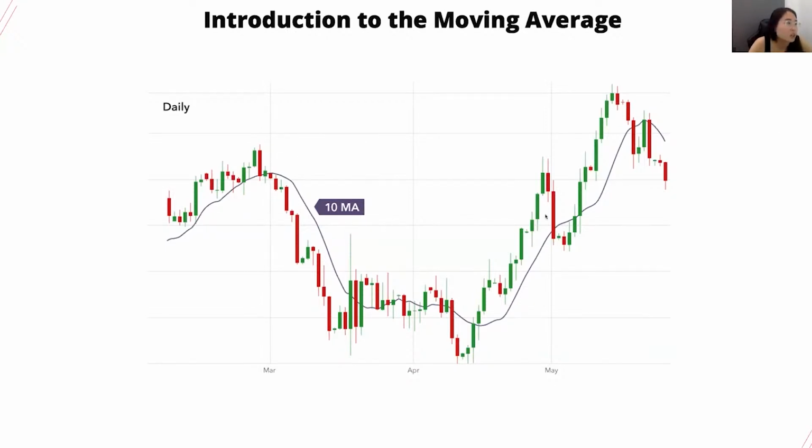Let's say you see all these candlesticks, okay? If you put your moving average settings to 5, it's basically taking the price of the last 5 candles and dividing it by 5. So it's basically the average of the last 5 candles. If you put the settings at 20, it's the average of the last 20 candles. If you put it at 100, it's basically the average of the last 100 candles. That's why you can see most of the time the moving average